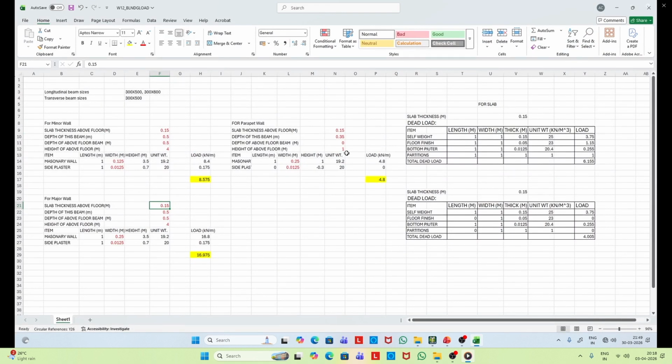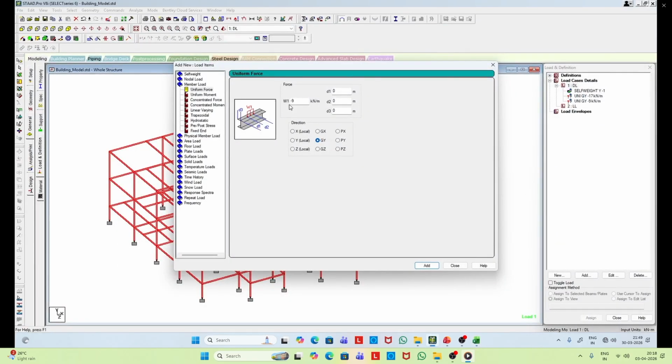Now for the parapet wall with 1 meter height, the load is 4.8 kilonewton per meter. So let us apply 5 kilonewton per meter.